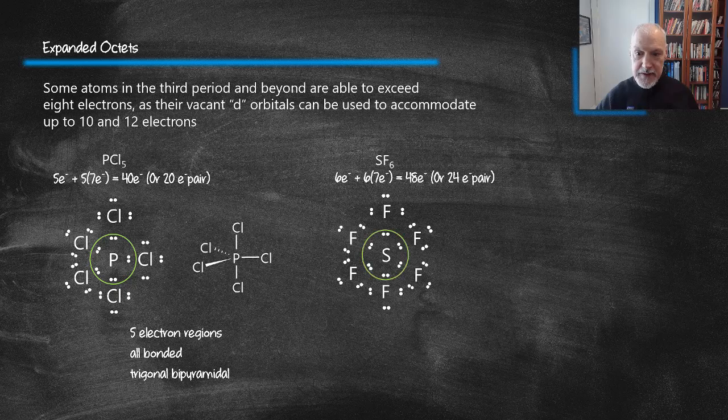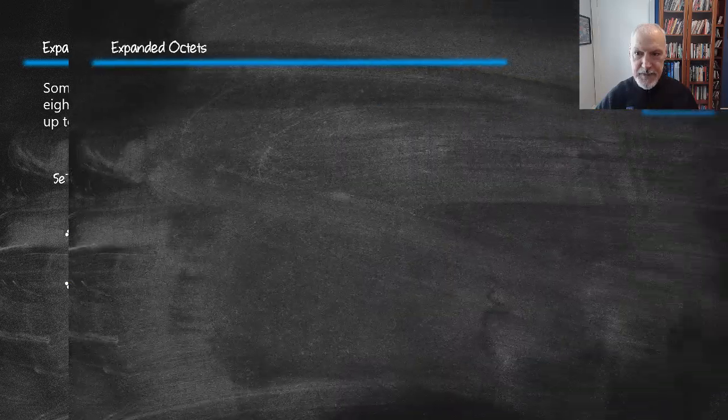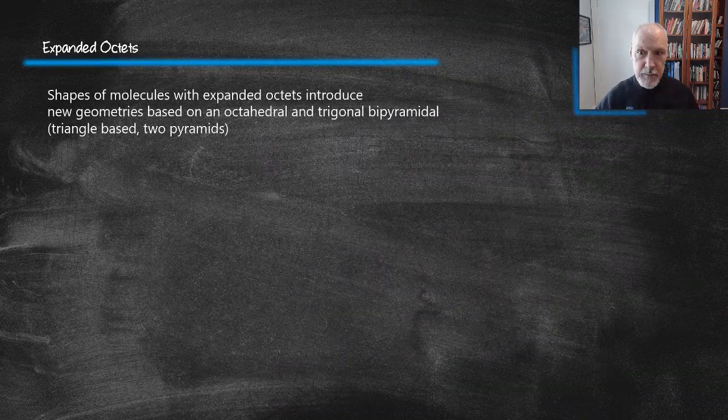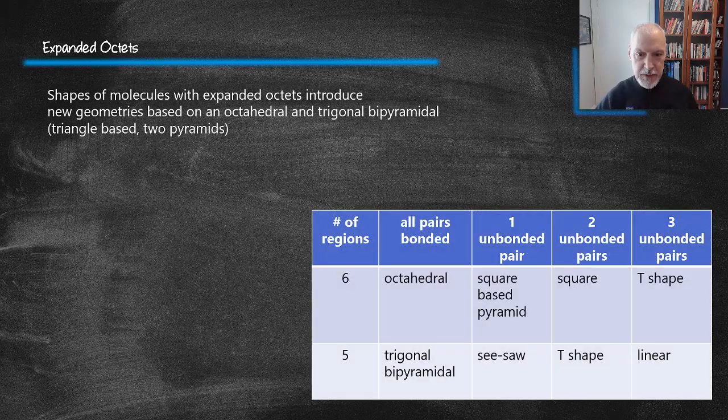My central sulfur in this case has 12 electrons, or 6 pairs. Those 6 regions would spread themselves out in the following shape. This is called an octahedral. Shapes of molecules with expanded octets introduce new geometries based on the octahedral or the trigonal bipyramidal arrangement. These are summarized in the table below, based on the number of regions and the number of unbonded or lone